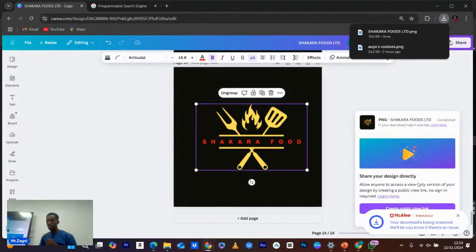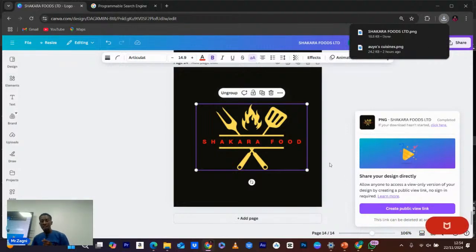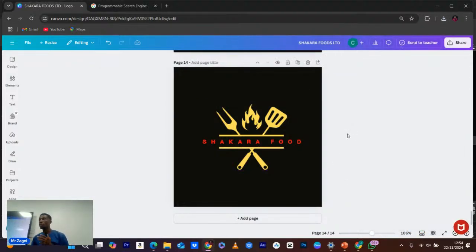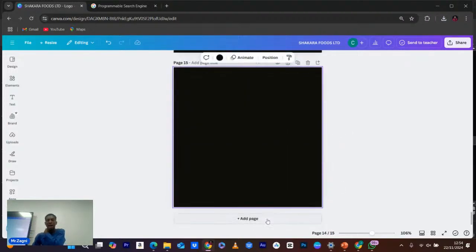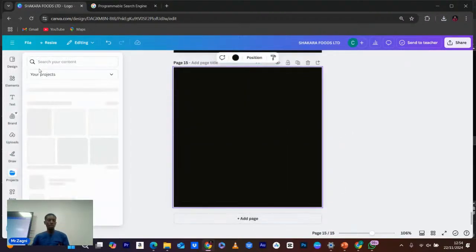So it is downloaded. So what I want to do next now is the mockup of this design that I've done. It's fine, right? But if you put them on mockups, it's even finer, because the food vendor will now see how the logo is going to look on packaging and all that stuff that the person is going to do. So what you want to do next is